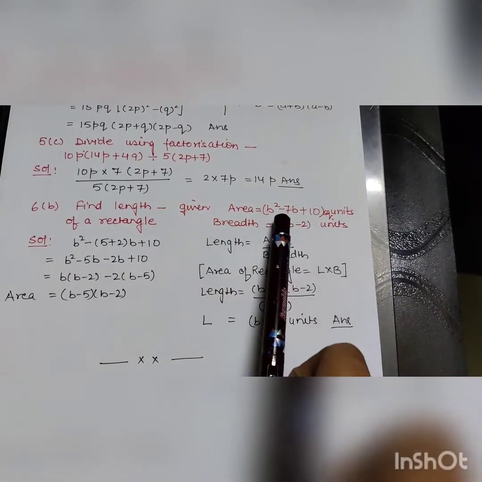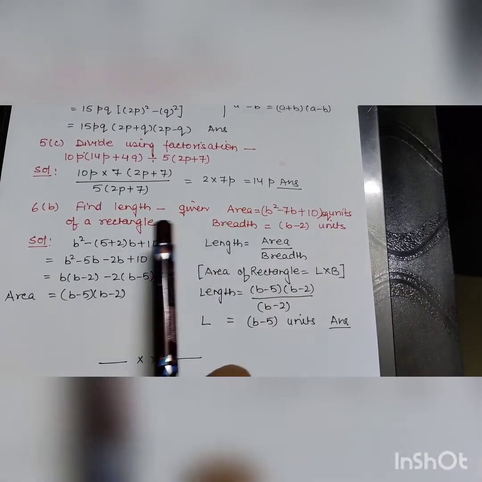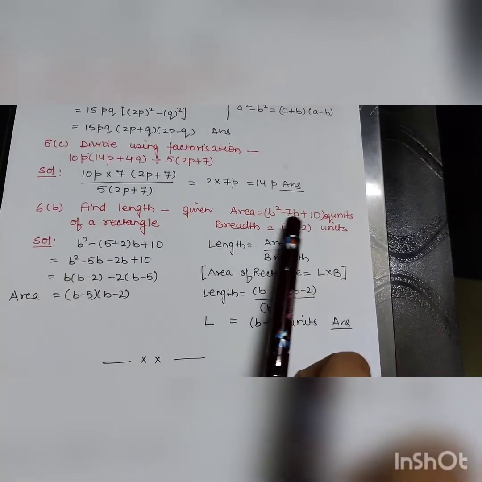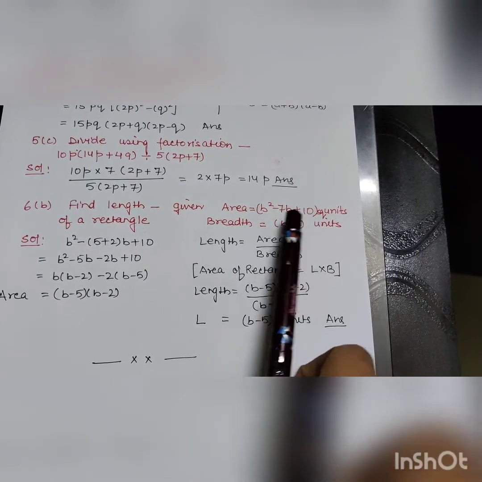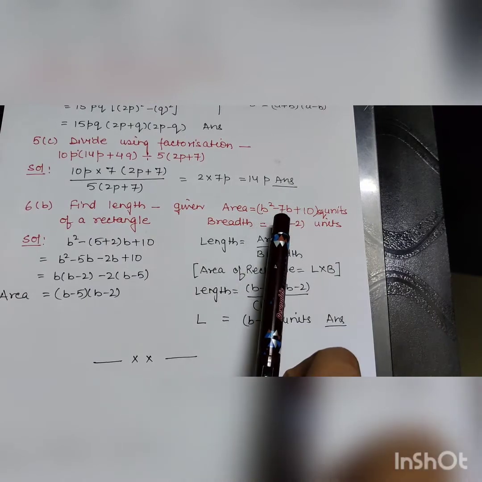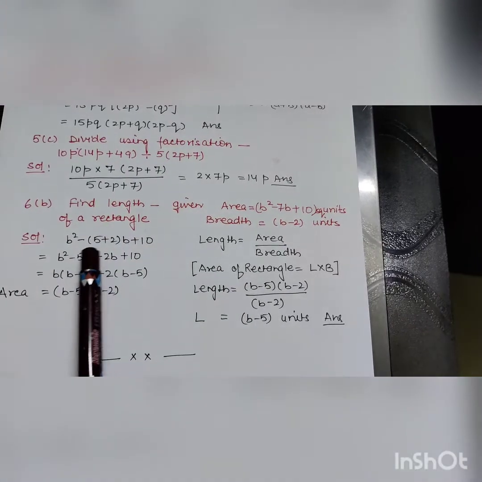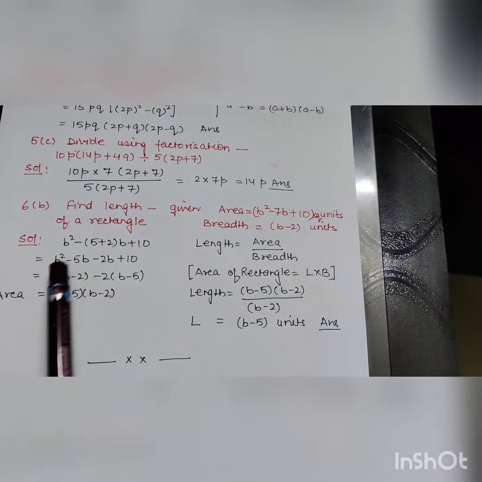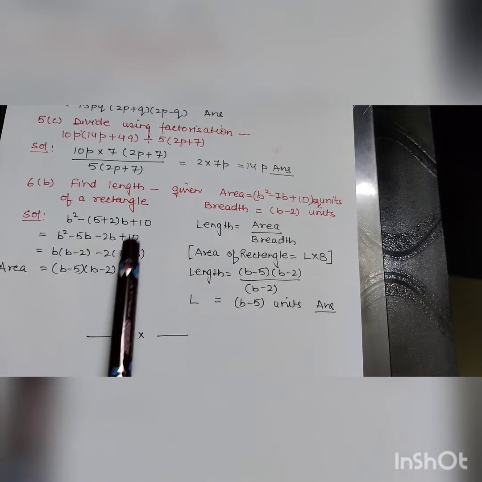We have got all the values also. So firstly, we are going to factorize the quadratic expression of area. Let's factorize this expression. 10 has to be factorized into two factors such that the sum or the difference is equal to 7. So 10 is equal to 5 into 2. 5 2s are 10, and 5 plus 2 is equal to 7. So we have written 7 as 5 plus 2. Now we are going to open the bracket: b square minus 5b minus 2b we have got here, and plus 10.